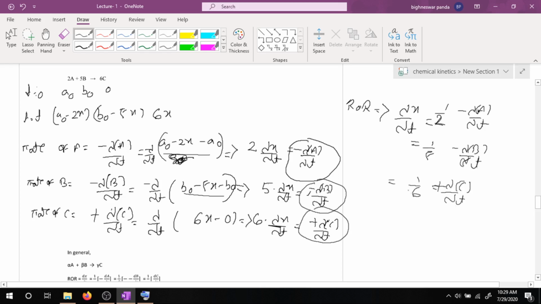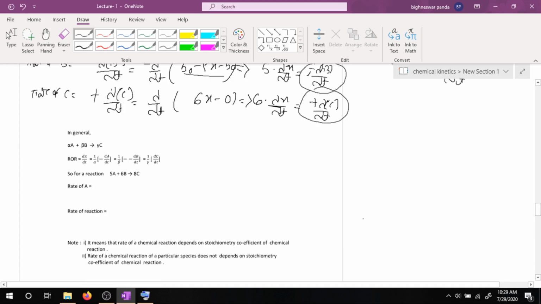So it means that the rate of a chemical reaction depends upon the stoichiometric coefficients of the chemical reaction. Remember, the rate of a chemical reaction depends upon the stoichiometric coefficients. But for a particular species, the stoichiometric coefficient is not required. So in general, I can say that,